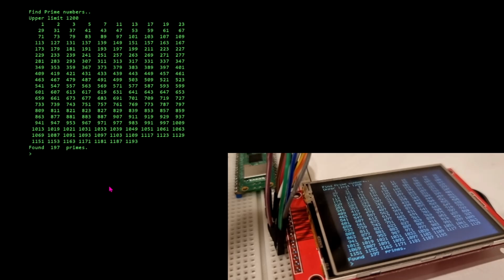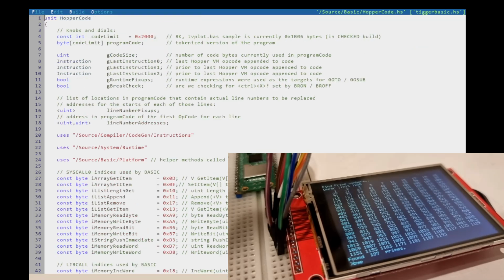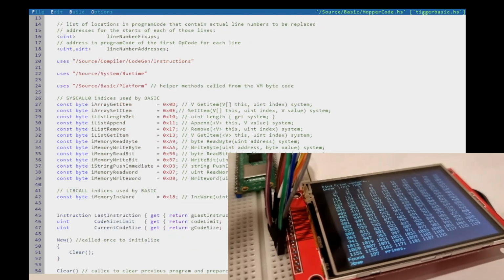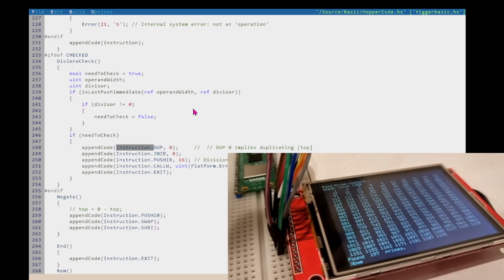You can see, if you look in the links below here, you go and have a look at Gordon's project and you can learn a bit more about it. And the purpose of my exercise was to use it as an example of, so this here is about a 5,000 line project in Hopper to re-implement Gordon's Basic, and then to generate code. So if I look for instruction here, these are Hopper virtual machine bytecodes that it's generating,